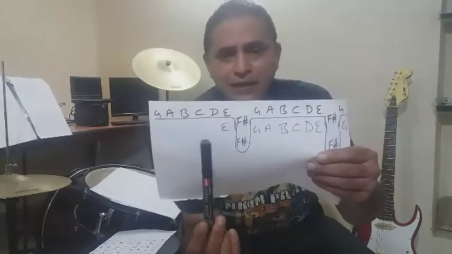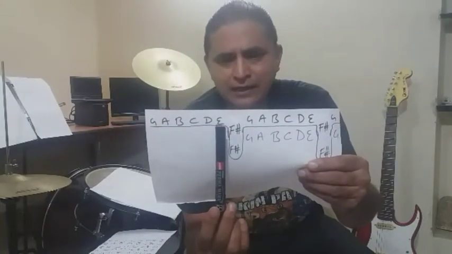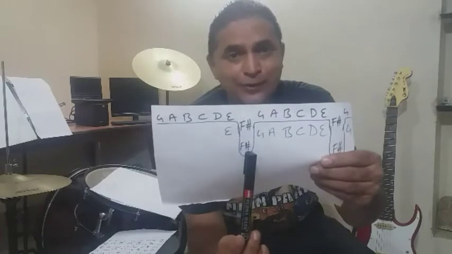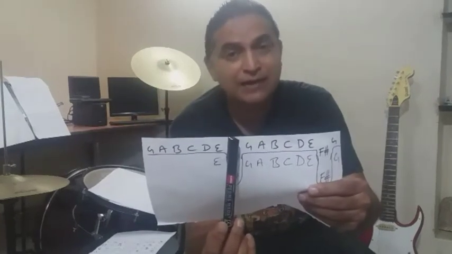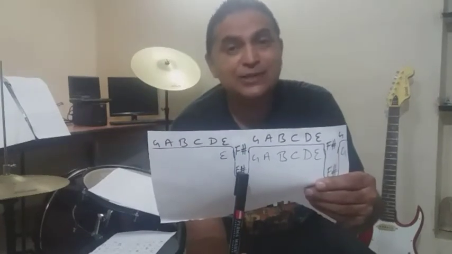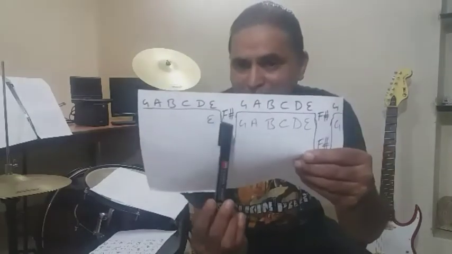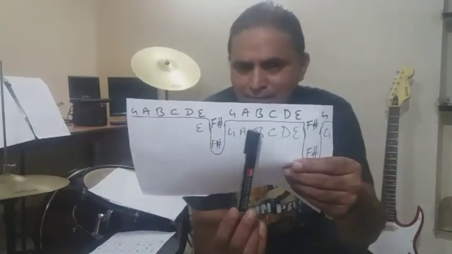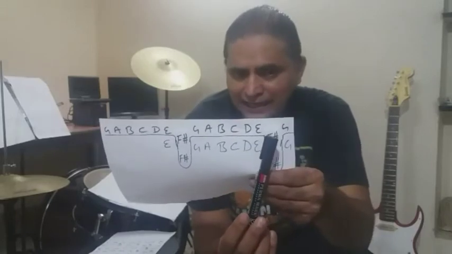So accordingly, I am starting from here, E, immediately F sharp, there is a cut here, no? So whatever big diversion is there in your main highway, that diversion is extended to your service road also, the same diversion. Which is that diversion? That is F sharp. So that F sharp is in your service road also. That's why it is E, F sharp, then G, A, B, C, D, E, then again F sharp, then G,